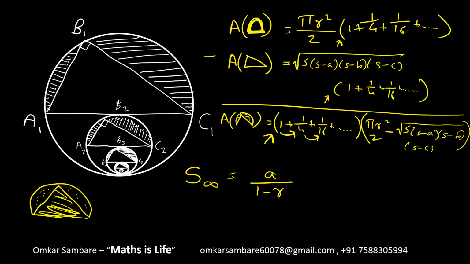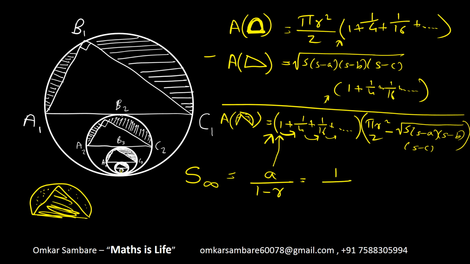And here you can see the common ratio is 1 by 4. 1 into 1 by 4 is 1 by 4. 1 by 4 into 1 by 4 is 1 by 16. And next will be 1 by 16 into 1 by 4, which is 1 by 64, and that pattern will continue. You can check by calculating for the fourth circle and triangle as well. It will give you 1 over 64 there.